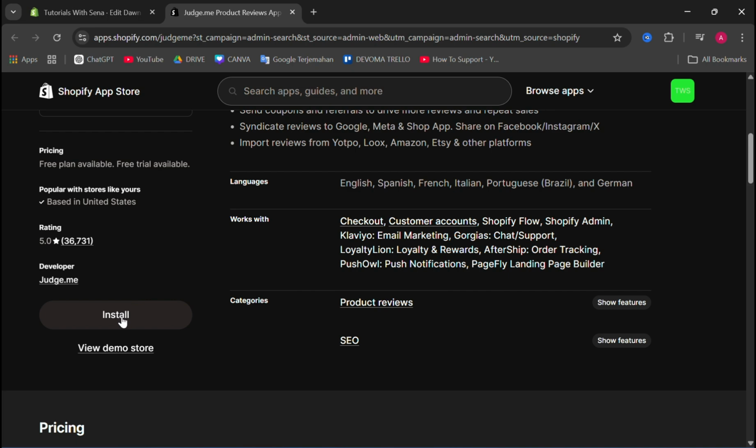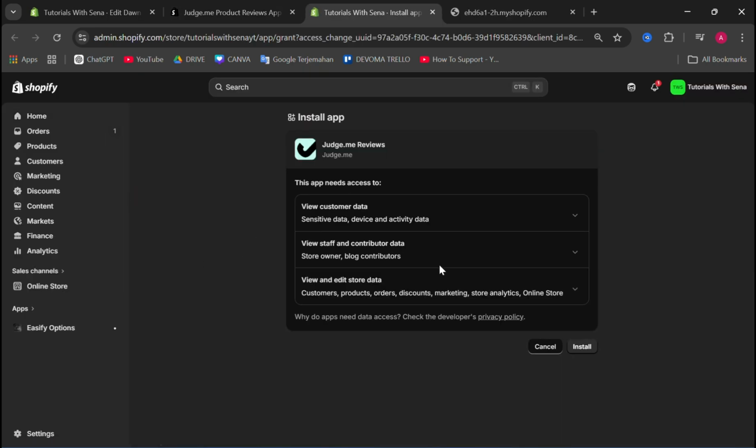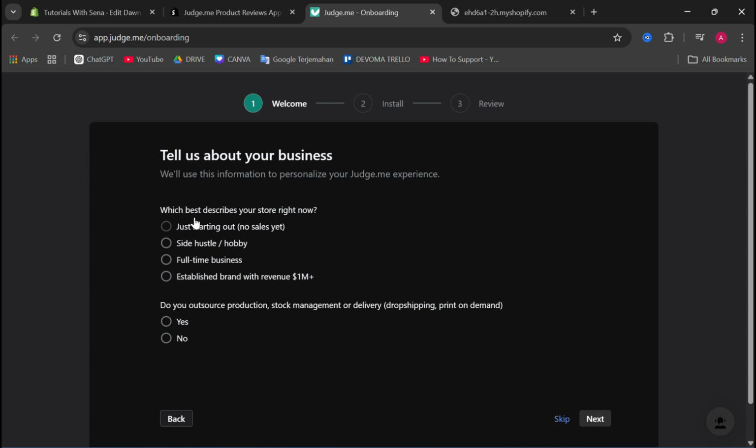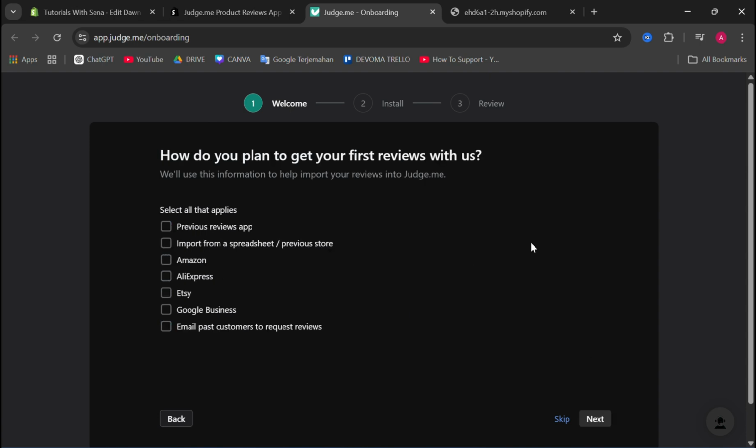Now you can just click install. Now you can read the terms and conditions, and then after that you can just click install here. Now you can set up the app. You can just click next here, and then you can just answer the question, it's up to you. And then click next, and then you can continue,